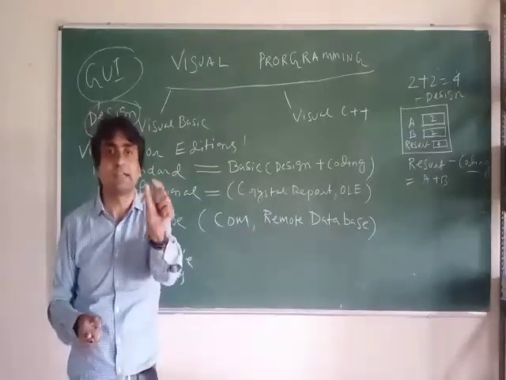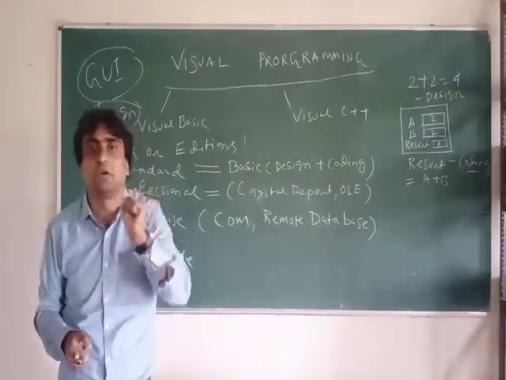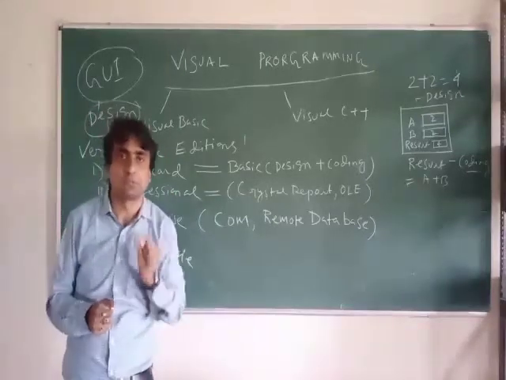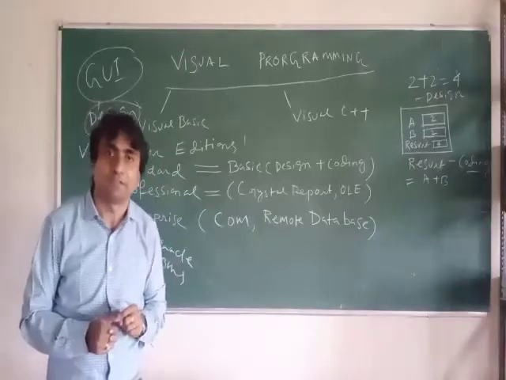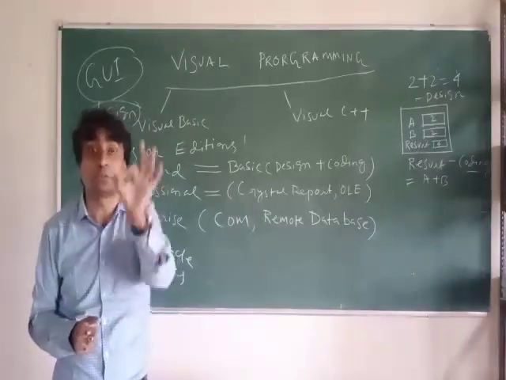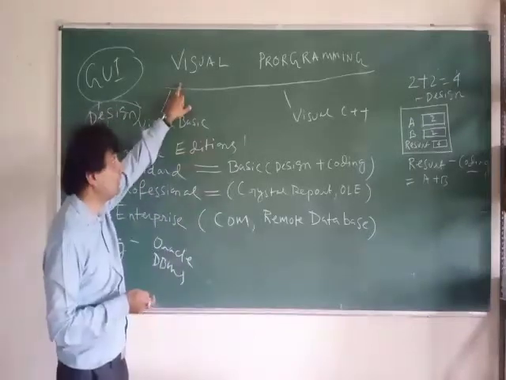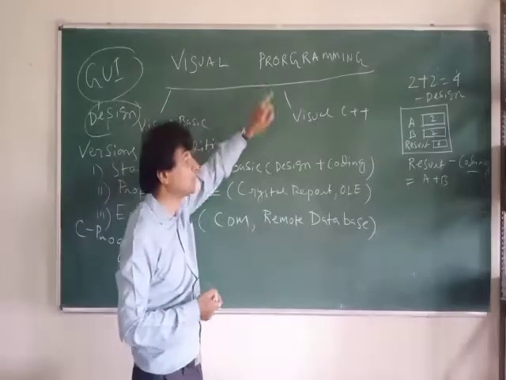We see the Recycle Bin and click. We see My Computer and click on that. We see WhatsApp and click on that. So WhatsApp is the interface for you, Recycle Bin is the interface, My Computer is the interface. All those are icons. Those are designed and visible for you. That's why that is visual. The next part is programming.